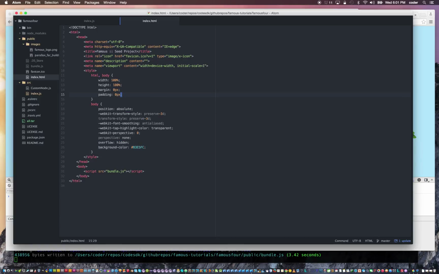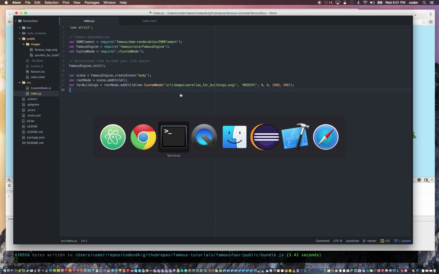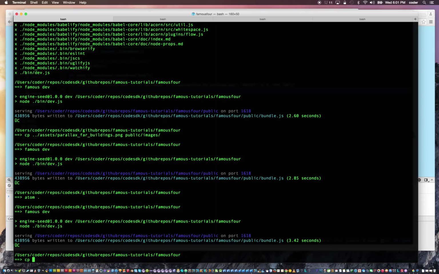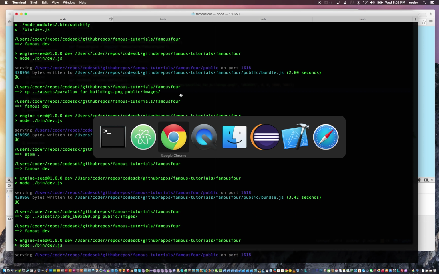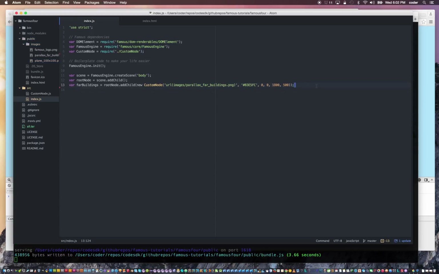And now we're going to add an animation. The first thing we need to add an animation is the asset for the animation. So I'm going to copy the asset called plane_100x100.png to the public images folder. And what we'll do is we'll set a position component on this plane. So first, to make the plane visible, I can just use the same method which I use for the buildings, and say add child, custom node, plane_100x100, and